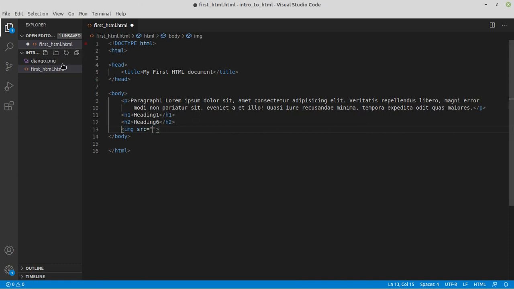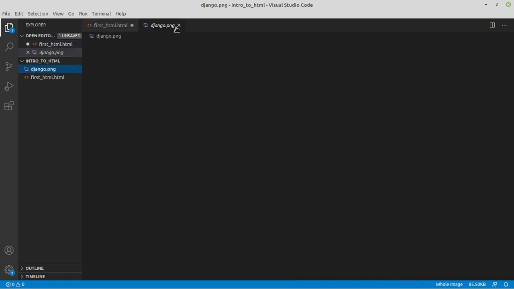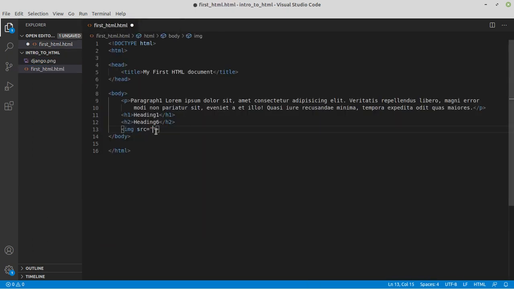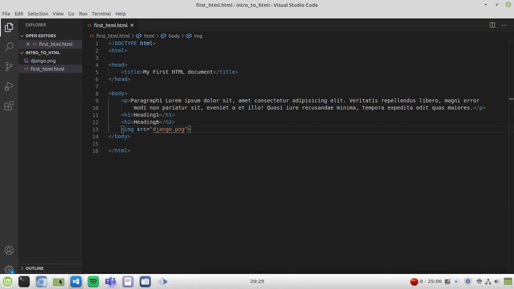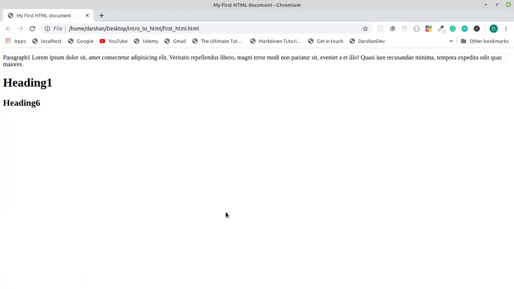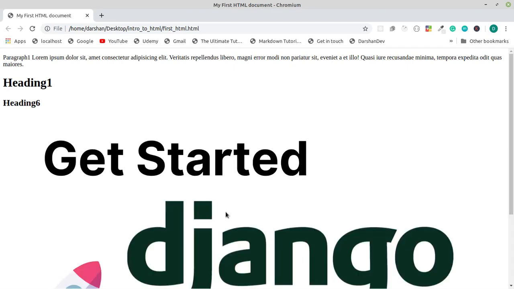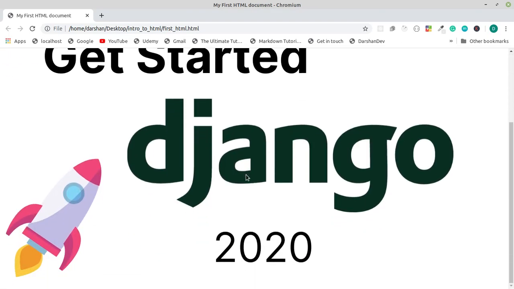So we have it here, django.png. We type django.png, save it, and we should have the image in our browser, but it's not there. Refresh it. So we have it here, Get Started Django 2020.